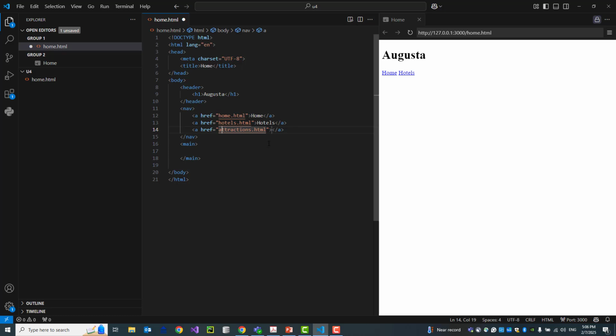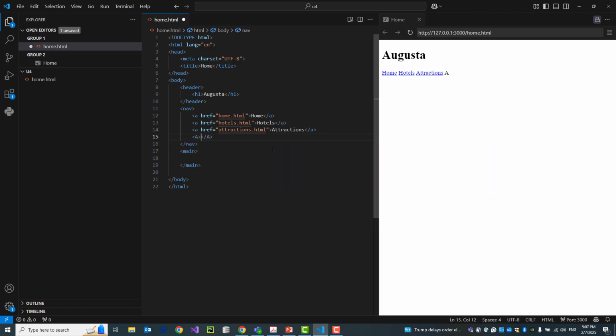Please follow this kind of rule. It's not a rule, it's called a convention. A convention is basically a recommendation. If you don't follow a convention, nothing wrong will happen code-wise. Your program will work correctly, but later you will have difficulty either in maintaining the code, developing the code, or debugging the code, something like that. Attractions,